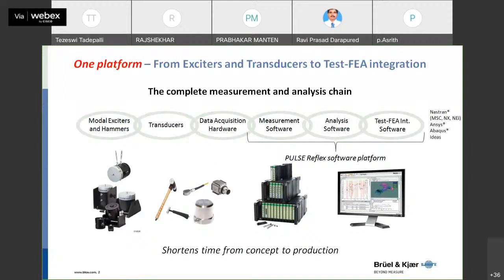So when we look at modal analysis, you are looking at the entire chain here. You have something which excites the structure. It is modal exciters or hammers, depending on the size of the structure and the force required. You could have various hammers used for PCBs, up to a large shaker for an entire aircraft or an automotive. The important thing when we are doing shaker selection analysis, and the difference between taking a shaker here and